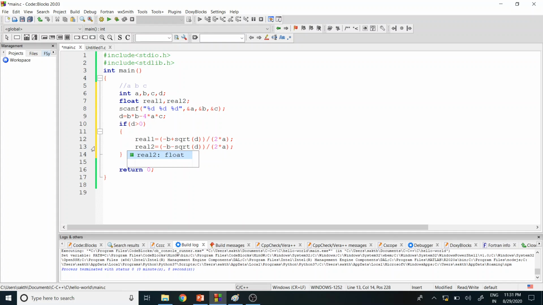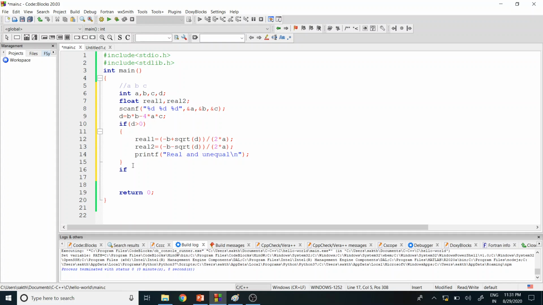Okay, so with this we'll be finding the two root values, and we can say with the printf statement that whatever result we are getting will be real and unequal. So this is the condition for when the d value, b square minus 4ac, is greater than 0. Whatever the value is, it's calculated, and all these values will be